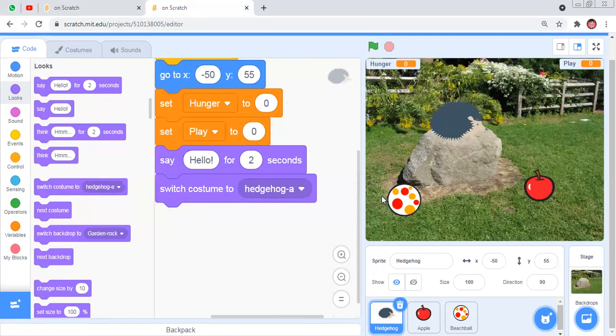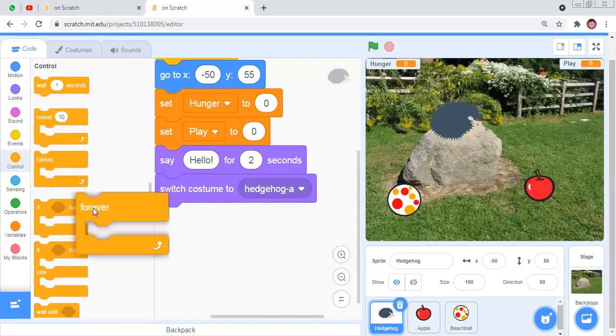Now let's go for the actual coding, like for petting it and all that. Because when you see, it's doing nothing, like petting. It's not getting petted by us. So we'll go to control. We'll drag this forever loop,